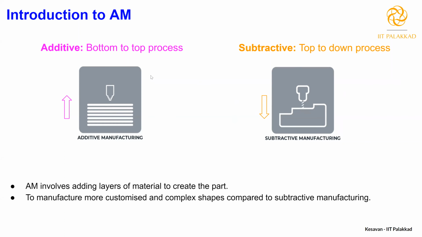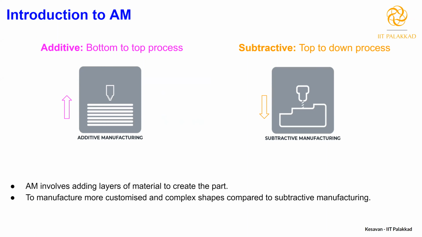Whereas when you compare that with additive, it is the right opposite. Additive is a bottom to top process. So you start making the component with the single layer, or the first layer. From there, you are printing the component. So it is right opposite to subtractive. The additive is called the bottom to top process, whereas the subtractive is called the top to down process. So this is the basic difference between additive and subtractive, or I would say conventional and unconventional, in terms